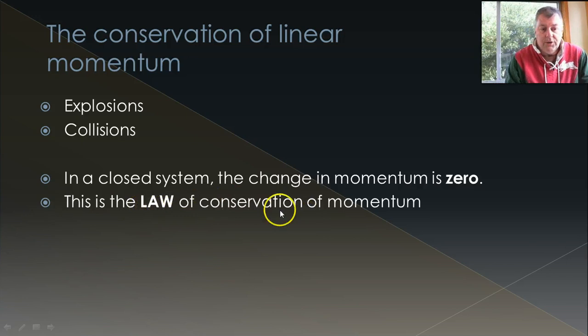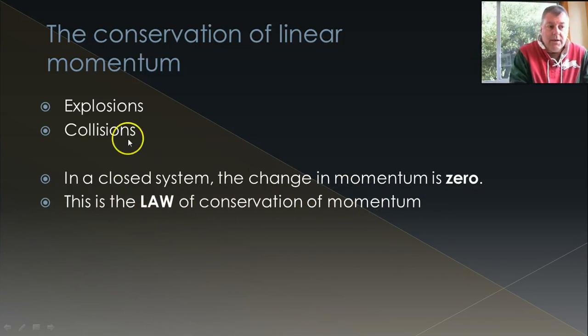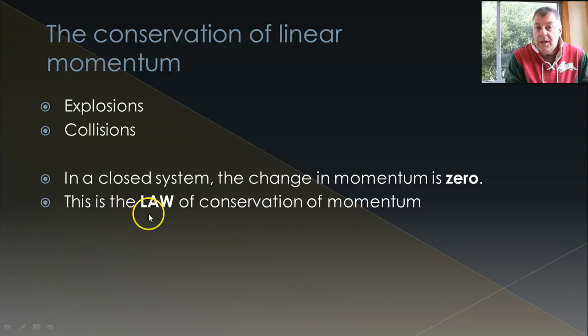Now, the law of conservation of momentum, however, applies to every collision and explosion. It's just that we can't model it all the time. But we're going to apply the law to very simple situations that we would consider a closed system. And we're calling them linear momentum in that it's all happening on a line. Okay? We just keep it simple, happen on a line. Collisions are actually three-dimensional, of course, but we simplify it down. So, what are we talking about?